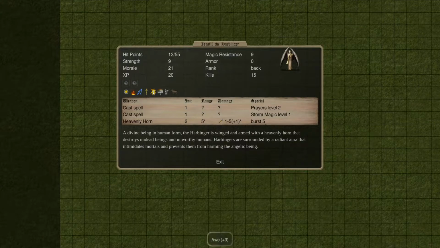Harbingers are interesting. If you watch my playthrough of the Voice of El, you would have seen one of them come down. But they get Prayer Magic and Storm Magic. Oh, actually, maybe I didn't get the Harbinger. Maybe I just got an Archangel. But overall, they're not...